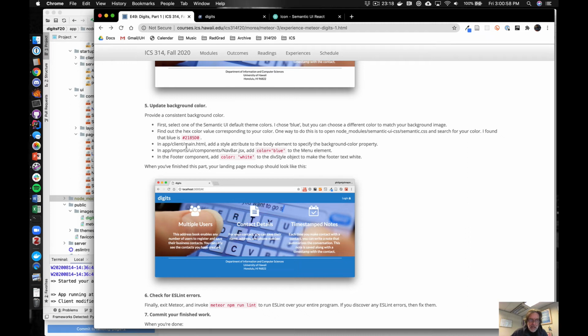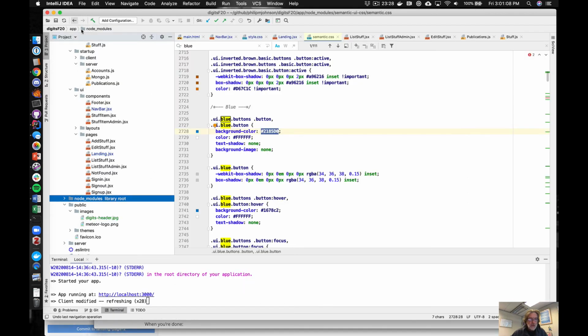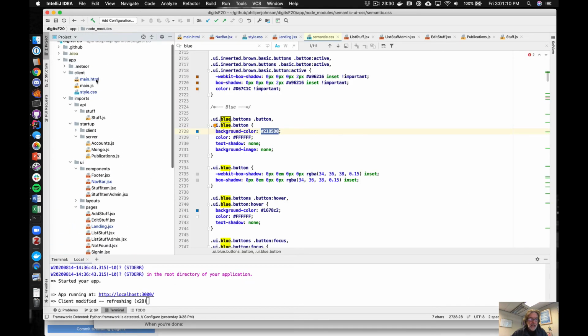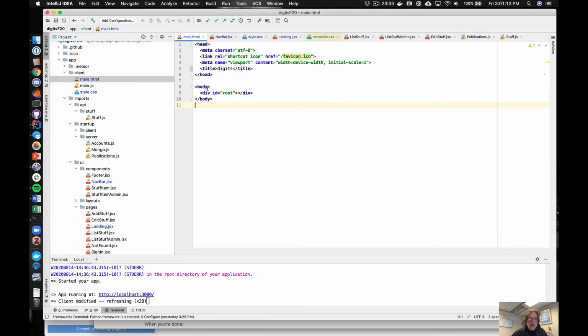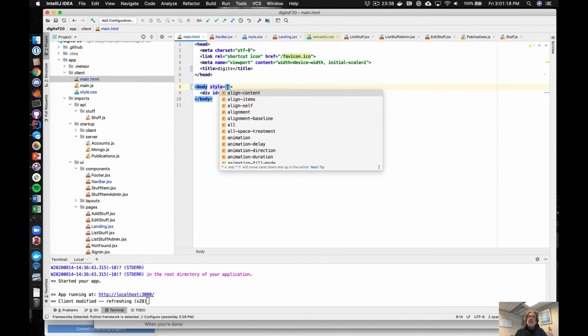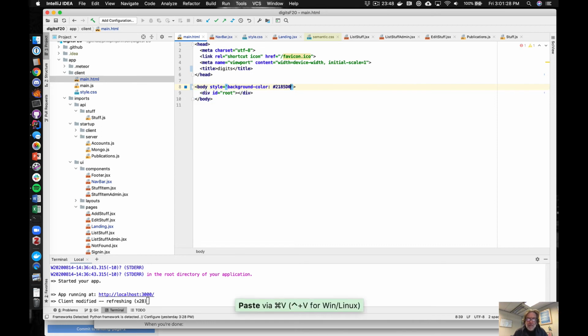Okay, so I've copied that. Then in app.clientMain.html, add a style attribute to the body element to specify the background color property. So what we can do here is in app.main.html, we can say style equals background color, and then the value. Okay, if we save this out,